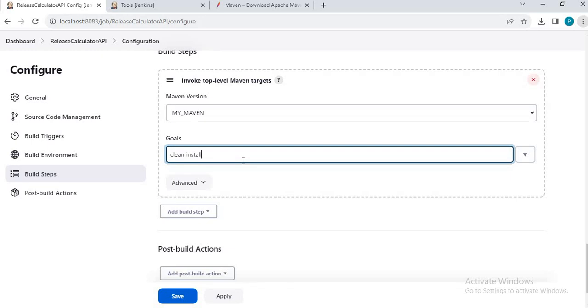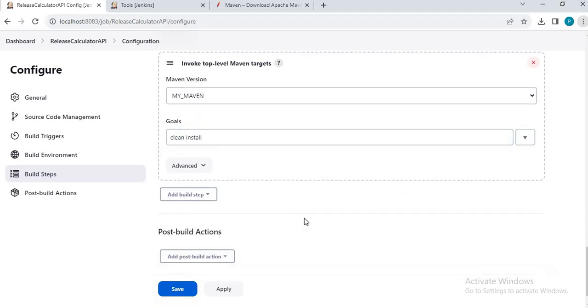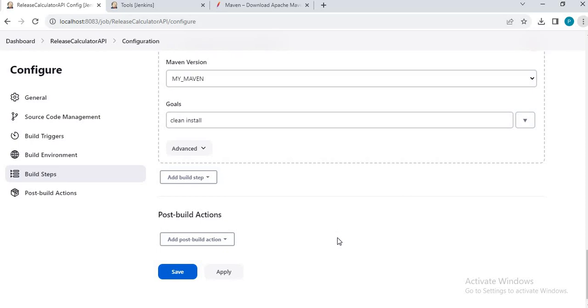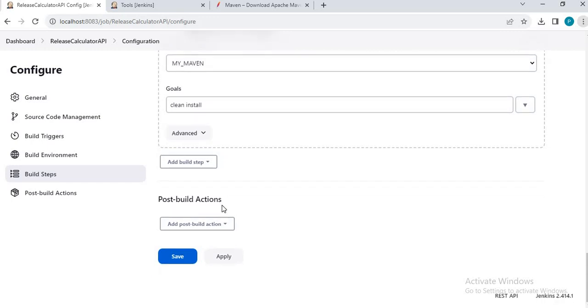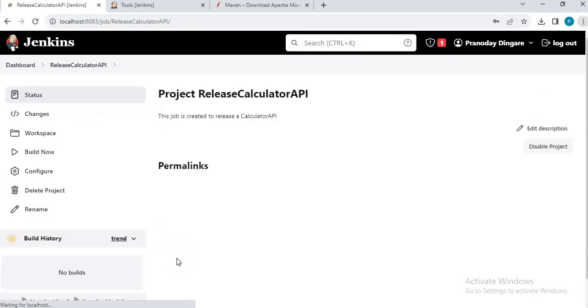But once we do that, we will change it to deploy, so it will deploy the jar file. For now, let's keep this post build actions as is. We will see how we can configure an email notification. But for now, let's keep it as is, and let's click on save.